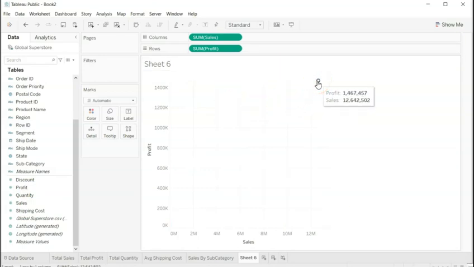Why is this? Can you think of the reasons why it might be? I can just hover on the answer if you can guess. By now you would know that measures in Tableau are aggregated. This is the aggregated value of profit and sales. That is why you are able to see only one dot. If you want to see all the values, one way